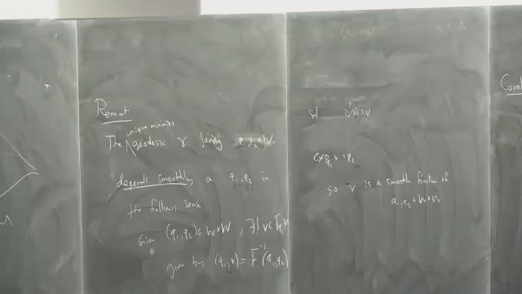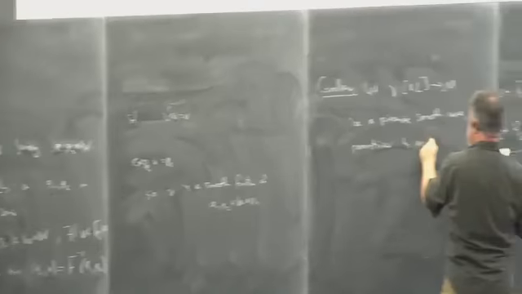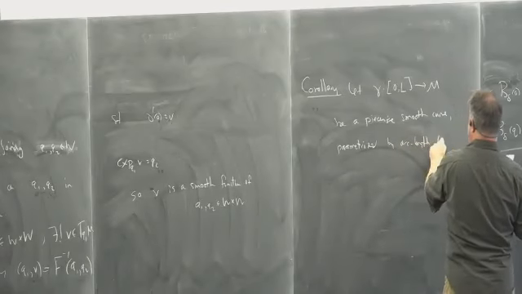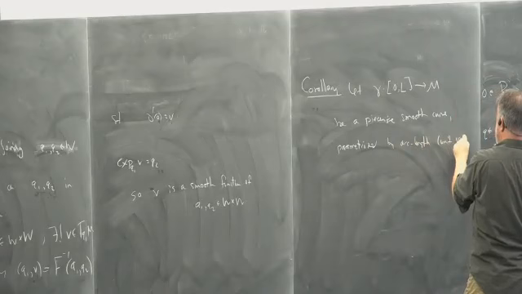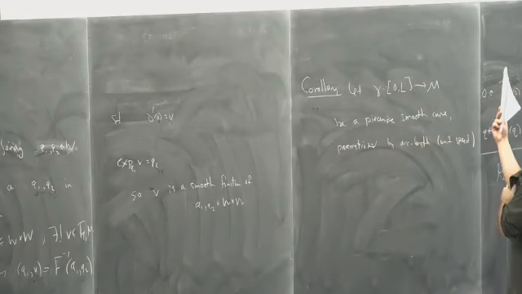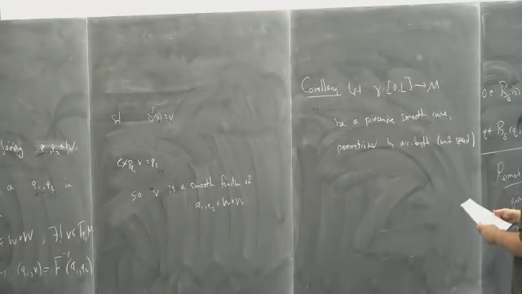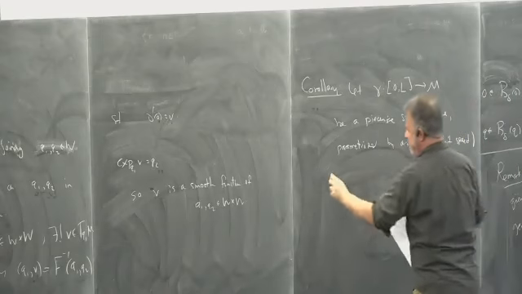So let gamma from [0, L] to M be a piecewise smooth curve parameterized by arc length. Remember, the notion of the length of a curve has nothing to do with its parametrization. Length is independent of parametrization. So if we're going to say something about lengths of curves, we might as well parameterize it by arc length. And suppose